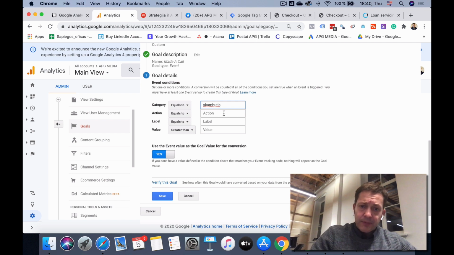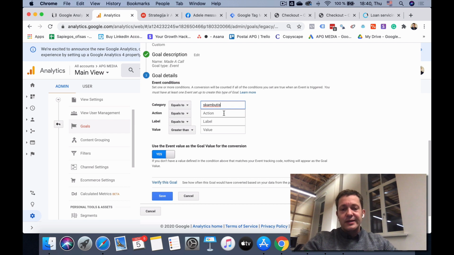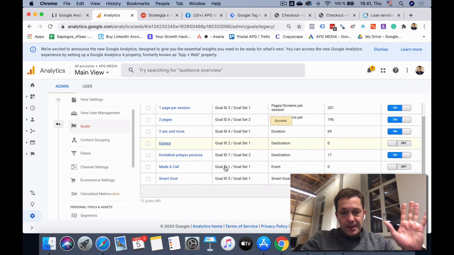But in this particular scenario, I know that every call is very evenly valuable to me. So I want to track all of them, and I will not say that one call is more valuable, another is less. So let's just simply click the button save, and